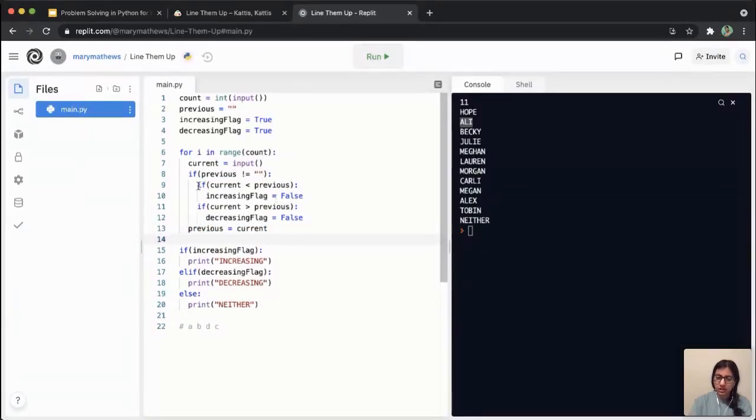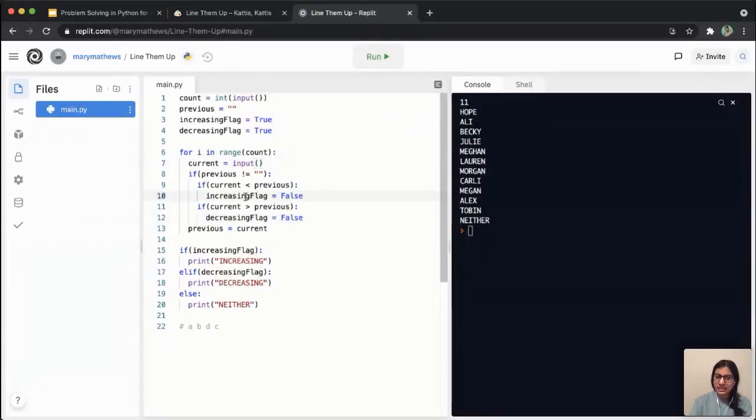So since it's not empty, I'm going to come into this if condition. And I'm going to see, is current less than previous? Is A less than H? I mean, it's going to check the full name, but we can find out just by looking at the first character itself. So is A less than H? And it is, right?